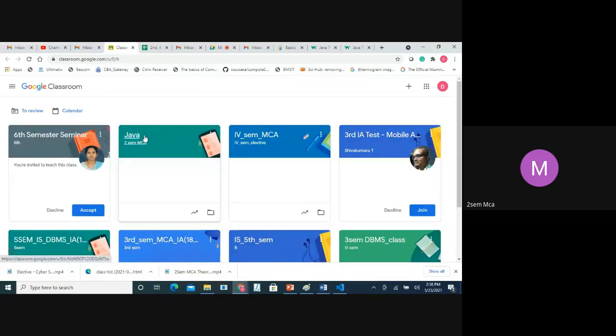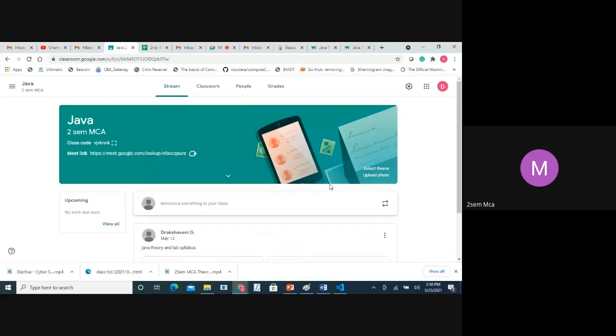Yours is second sem. Okay, so you can copy this code. The people who do not have permissions, you can copy this code: VJVKNNK. This is your code. Or Meet link. We generally don't use a Meet link, but this is a code where you can submit your program 192. Yes, done?